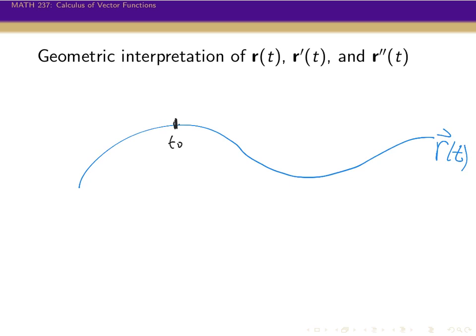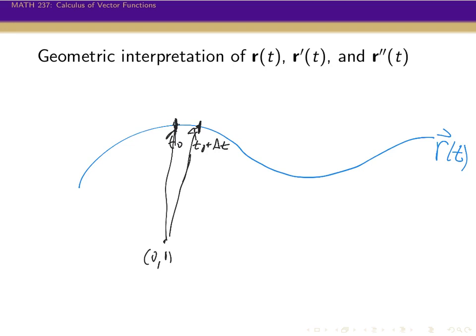If we move over some little t naught plus delta t, right? Well, what's the limit doing? Well, it's taking the difference between these two, right? And so deep down, r of t really is pointing to each of these from the origin. So let's say the origin is 0, 0, pointing to each of these. Okay, and so if I want to do the difference between these two, I take the